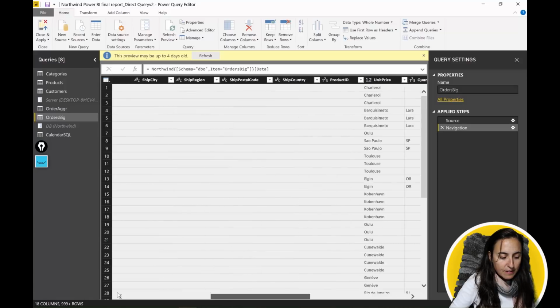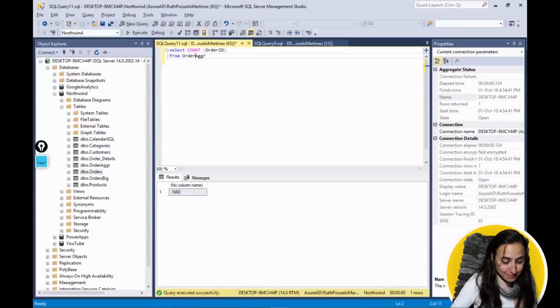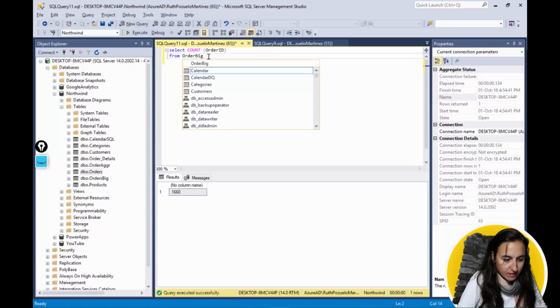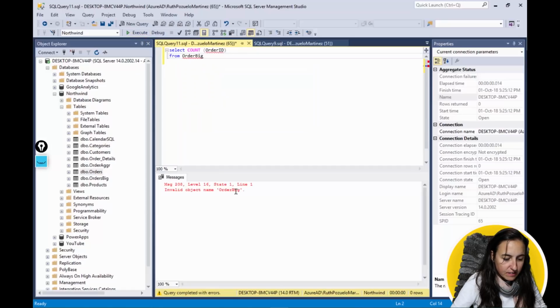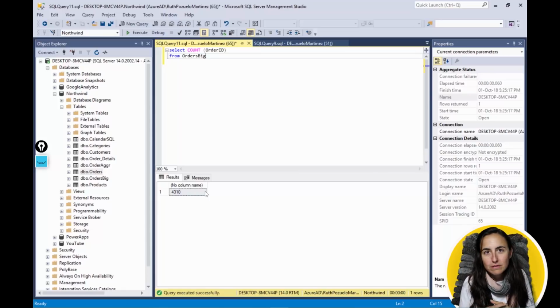So I have a big orders table. It is actually not that big. If we check the orders table and execute it, it is 4,310 rows. But imagine that is a few more zeros. Imagine that is 40 million rows. If you want to query that, it is going to be an absolute nightmare. So